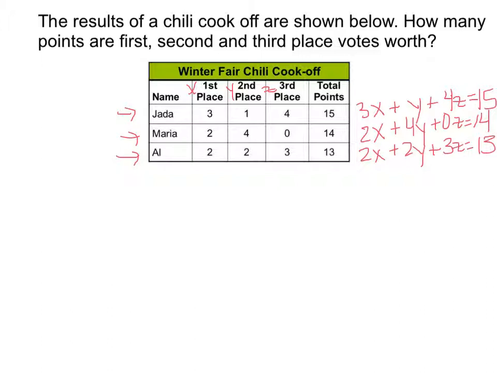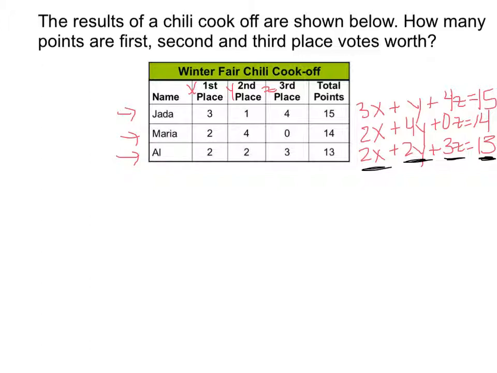So we can see that Jada won, but we need to know how many points each of those votes are worth. So we actually have a nice little system already set up. Everything's in the right order. All the X's are together, all the Y's are together, all the Z's are together, and all the results are together. So you can see how this translates from the table into my